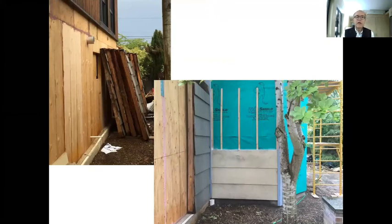Here on the left, you see the original garage wall panels in 4-foot sections that were stored on site. We repaired them. We put treated plates on the bottom. We built in a rain screen behind the old sheathing and shingles, and then reinstalled them on the outside of the structural wall. You'll see here in the lower right the combination of